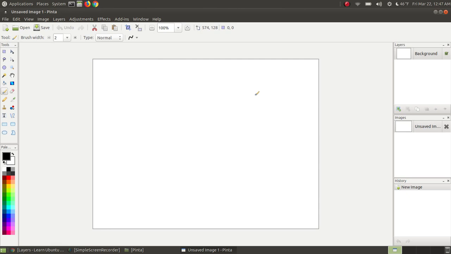Pinta works on Linux, Mac, and Windows. So if you found this video on YouTube, you're not just stuck with Linux. You can download Pinta, but you also have the original version of Paint.net that you can install on a Windows system. So hopefully this helped you get a little bit of understanding of what the layers window is,